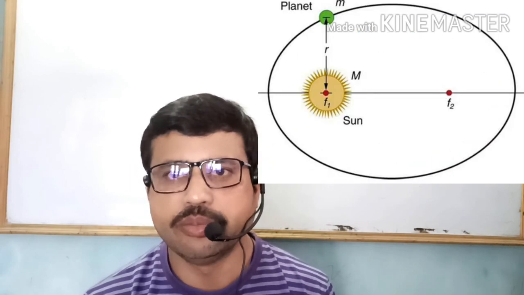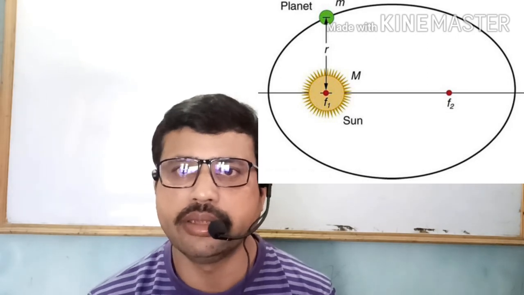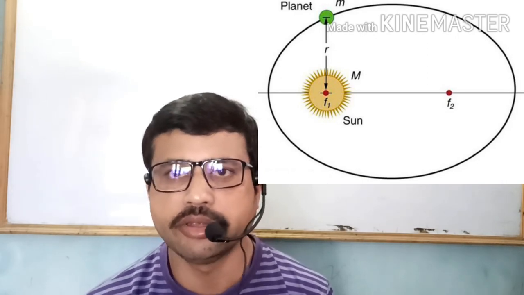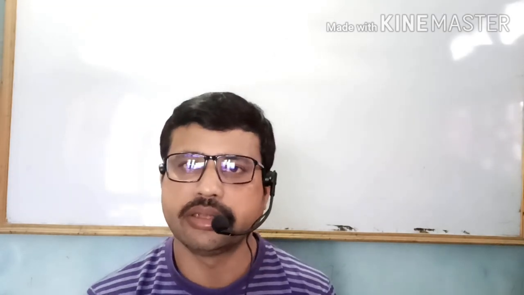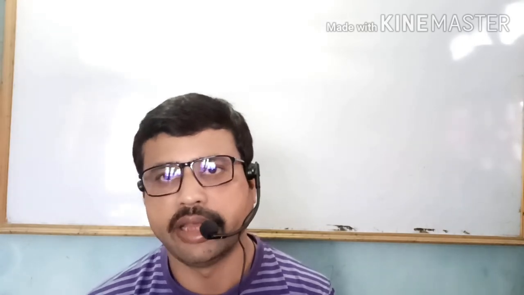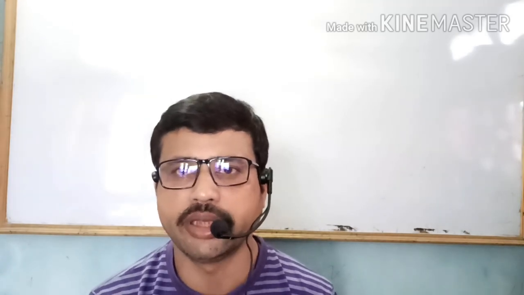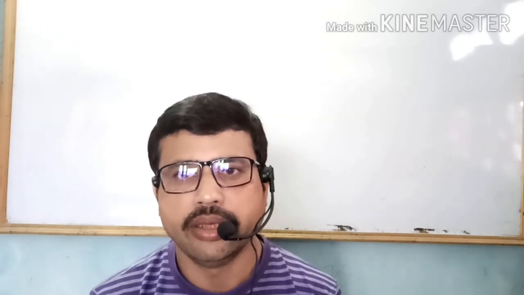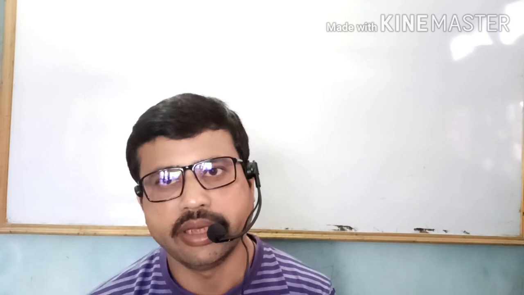Now, every planet moves around the sun in an elliptical way, that means in an ellipse, taking the sun at one of its foci. Now the question arises, what is foci? When I show you the construction of this ellipse, I'll show you which ones are called foci. Foci is the plural form of focus. So there are two foci. Now I'll show you the construction, as well as ask you a very interesting puzzle.